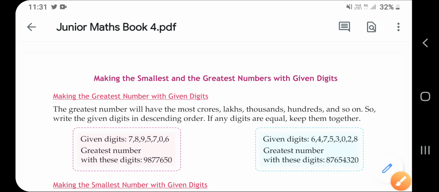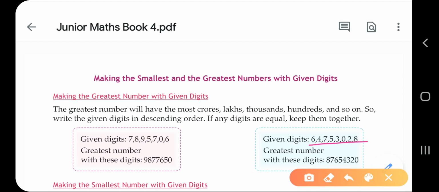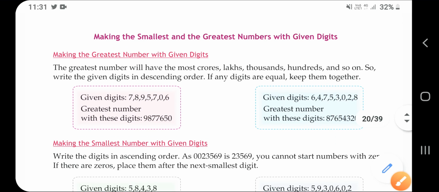And one more example, this is the example. You have to find the greatest digit in the given number, given digits. So this is the greatest, then 8, then 7, 6, 5. You have to arrange this number in descending order. To create any greatest number from given digits, you have to arrange that number in descending order. Okay, again